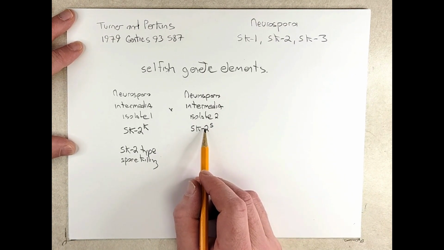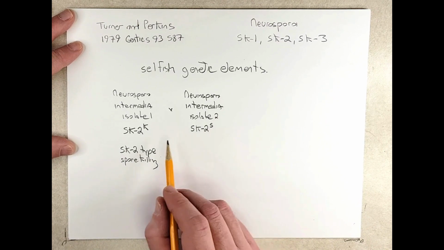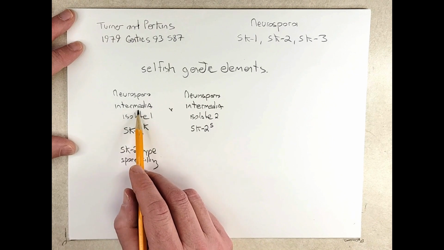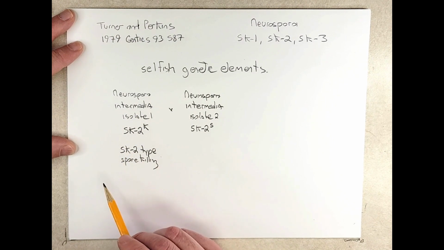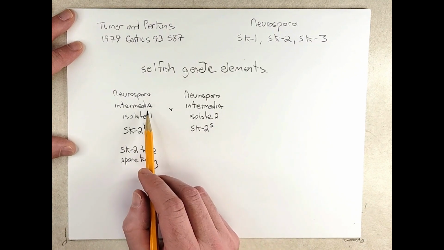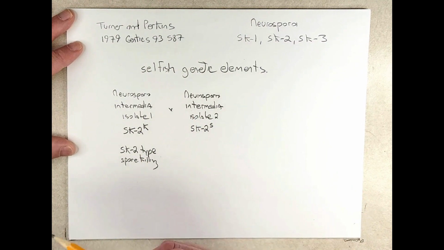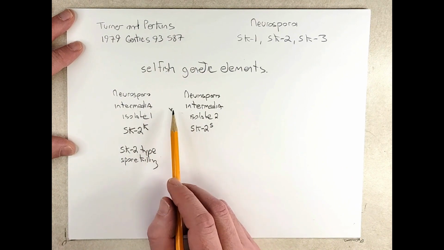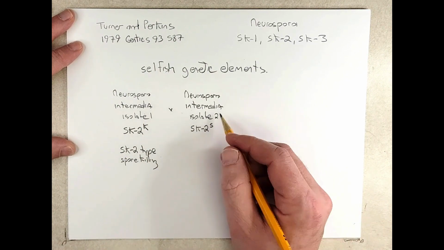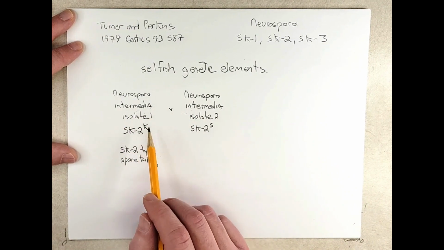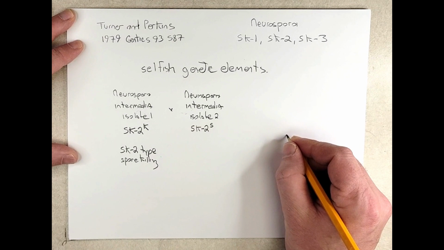The S means it is susceptible to spore killing by an isolate with the SK2K genotype. Now what that means is when we perform this cross, and if you watched the introductory Neurospora biology video, you would know that these have to be opposite mating types. And if these should mate in nature, or we perform this cross in the laboratory, what we should get is